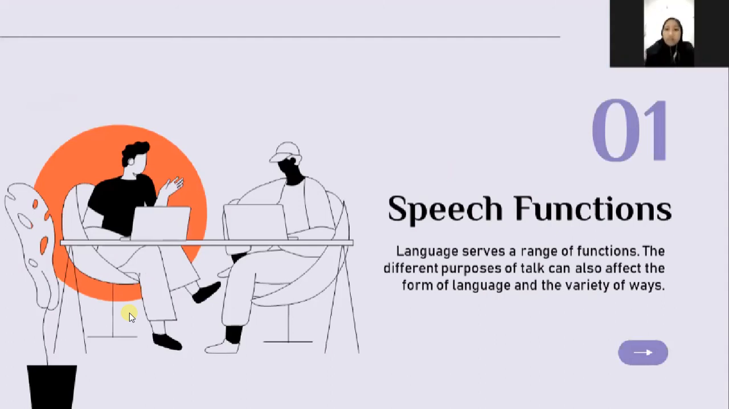Okay, thank you, Frizki. First material about speech functions. Language serves a range of functions. It is usually adjusted to suit the social context of speech. The language we use to a child may be different from the language we use to our customer or colleague. The purpose is the same. The different purposes of thought can also affect the form of language and the variety of ways. There are some functions of speech like